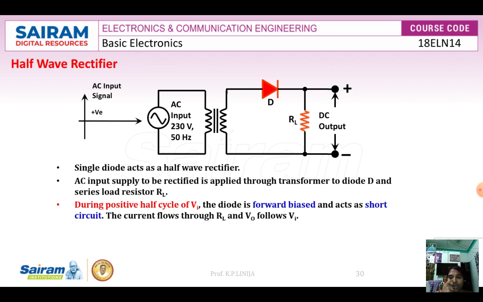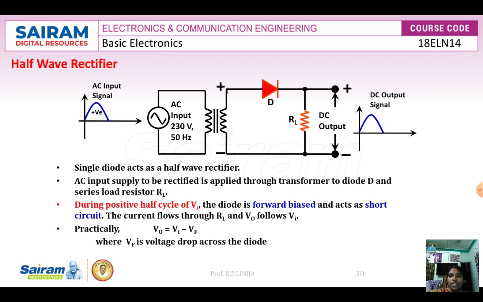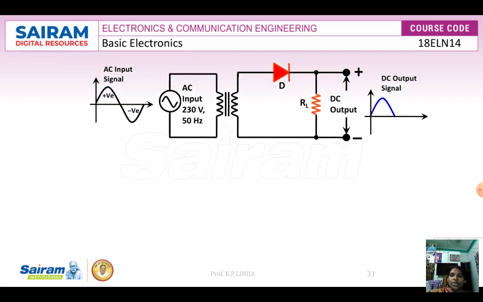Now coming to the positive half cycle, what happened here? You see the positive is coming in, and the output is also positive. Then go for the negative half cycle. What will happen? Therefore, for the positive half cycle, V0 can be written as Vm sine theta, and the output current is I equals Im sine theta.